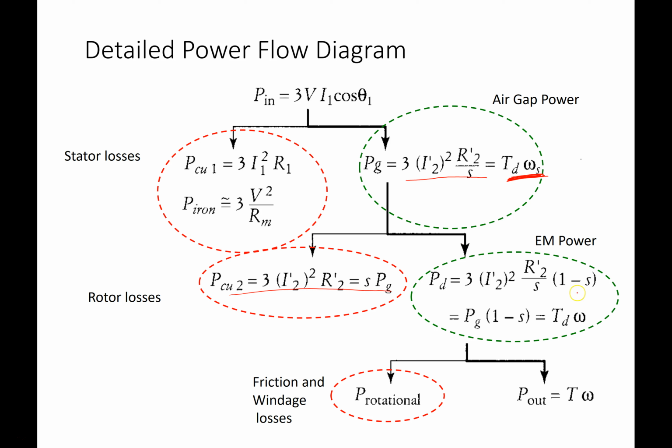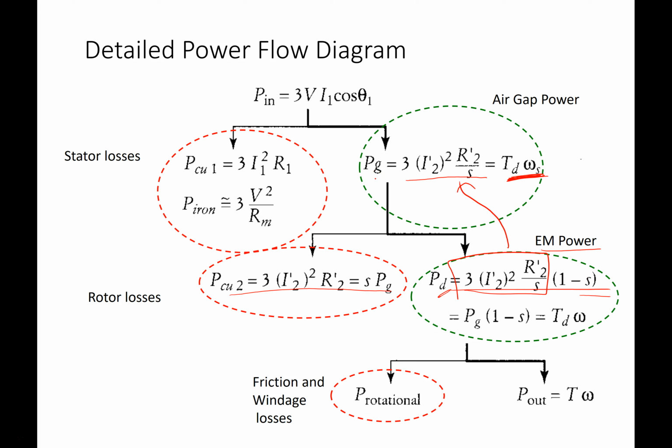And the remainder of the power, which is called the developed power or the electromagnetic power, again you could find it by just looking at your equivalent circuit and saying I squared R, or you could say 1 minus S multiplied by the air gap power,